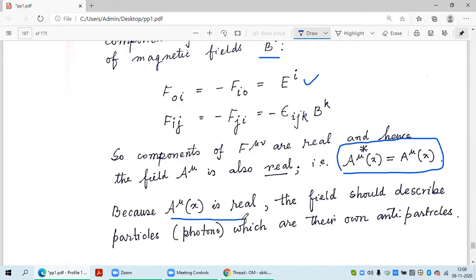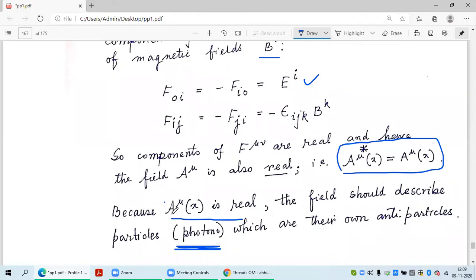Because this is real, the field should describe particles which are their own antiparticles. That's the reason. The electromagnetic field represents the particles which are the photons. We will see later that once you quantize this electromagnetic field, it will become an operator whose quanta are called photons. This is the relation between field and particles. We will see that. But the thing is that since they are describing these particles,